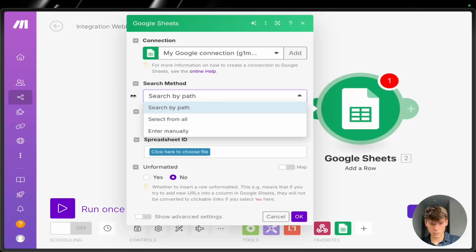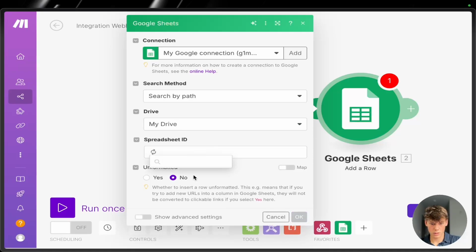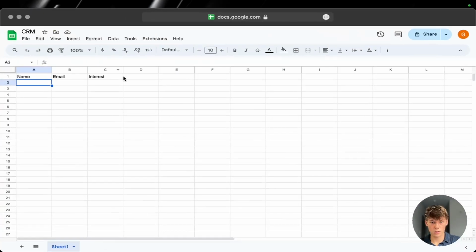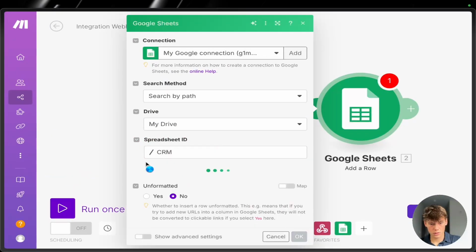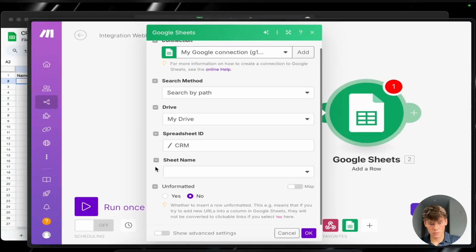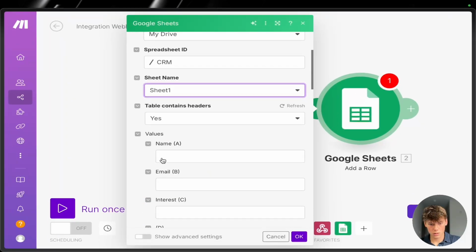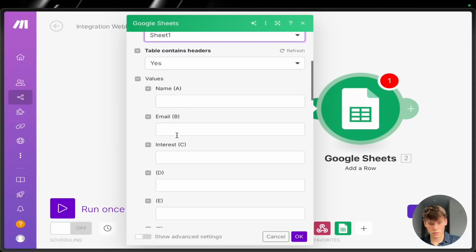So you can go through and add, you connect your Gmail, and then you add the drive, select the spreadsheet, which I've just made a spreadsheet called CRM. Select it, and then the Sheet 1, and then it contains headers, so it'll even load in. I've just typed these in here. It will load in the values,